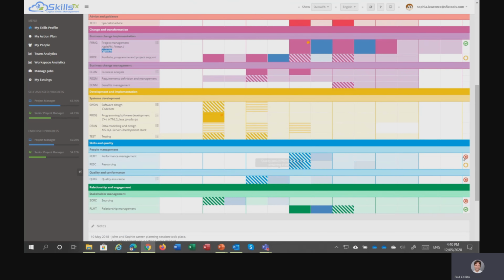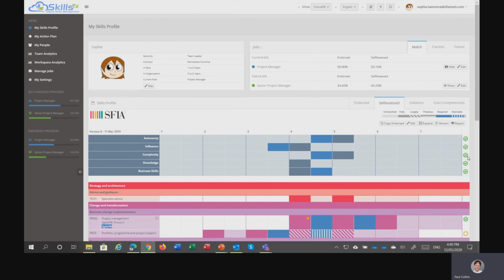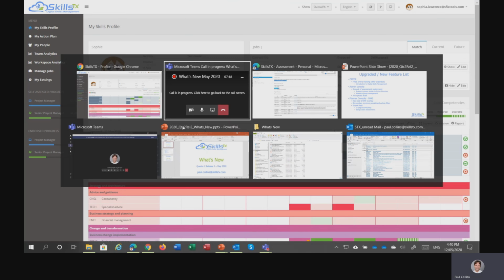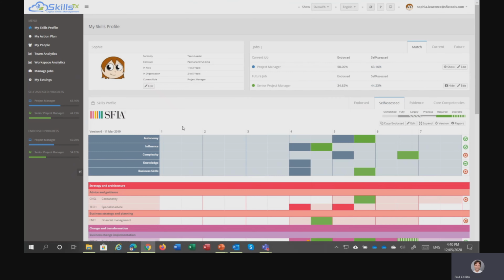And if I scroll down, we've got some crosses here, and that's telling me that's a required skill that we don't match fully. So a very visual way of seeing how you compare to a job that you load in, and obviously the same applies to a future job. And then if we have a look at, I'll just scroll around again,